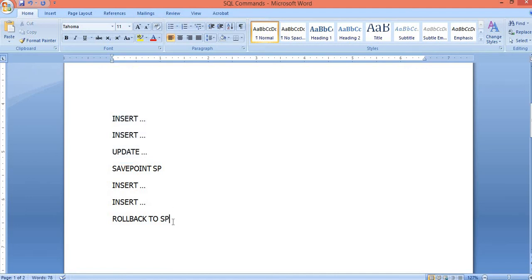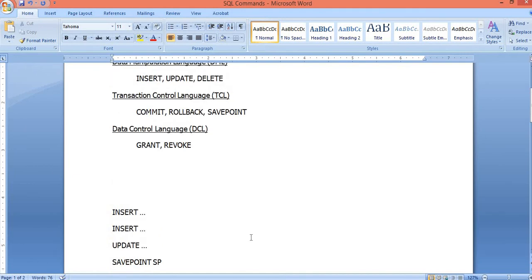Now there is a term called partial rollback and total rollback. What we have done is referred to as partial rollback. Partial rollback means only the results available after creating the savepoint will be removed. Suppose you simply give ROLLBACK, what happens? The entire result available in the buffer will be removed. That is referred to as total rollback. Partial rollback and total rollback. I hope it is clear for you.